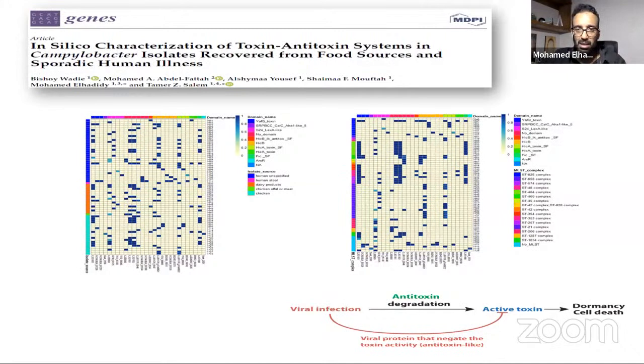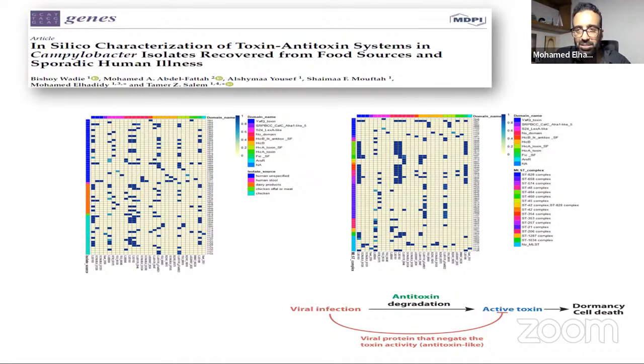This is a typical in silico prediction of the toxin-antitoxin system. The toxin-antitoxin system is one of the efficient bacterial resistance determinants to stressors and also to antimicrobial resistance. I just want to emphasize different mechanisms of antimicrobial resistance: the genetic, the horizontal gene transfer, clonal success, the biofilm formation, and also the toxin-antitoxin system.